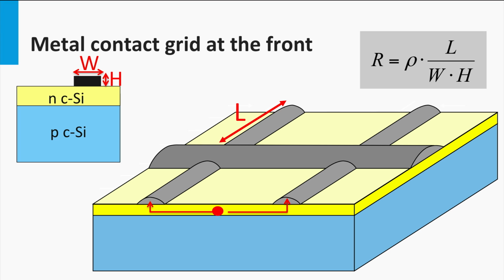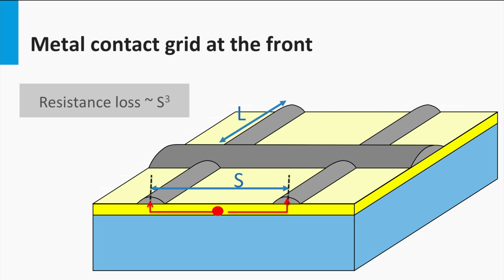Note that the resistance of the contacts will act as a series resistance in the equivalent electric circuit. Larger series resistance will result in lower fill factors of the solar cell as discussed in week 3. This means that you would like to have the finger cross-sections as large as possible.